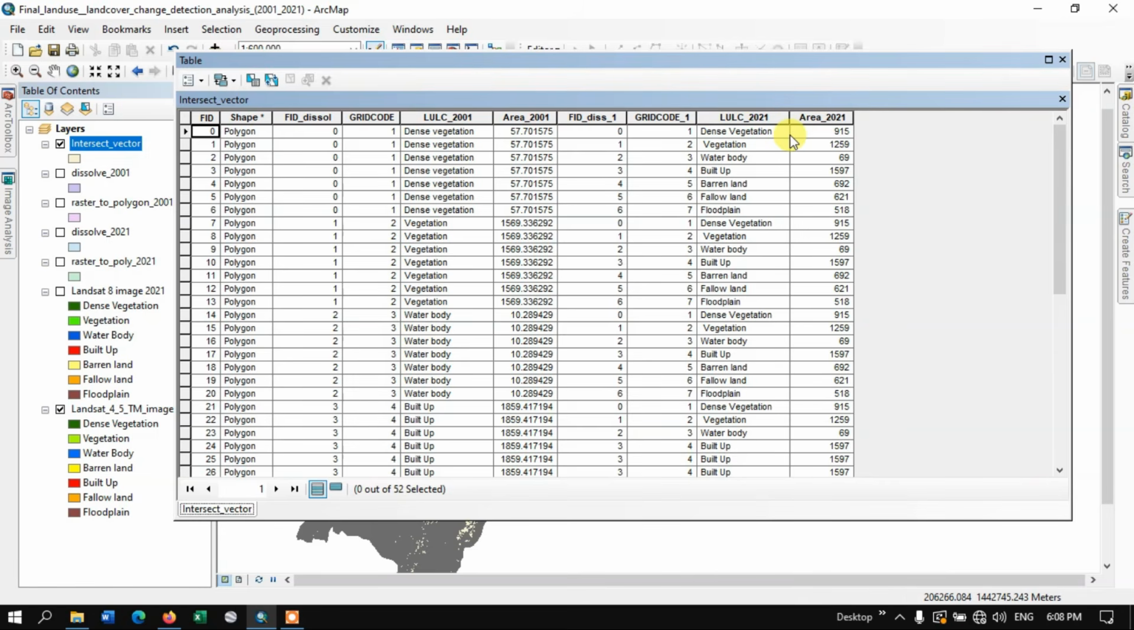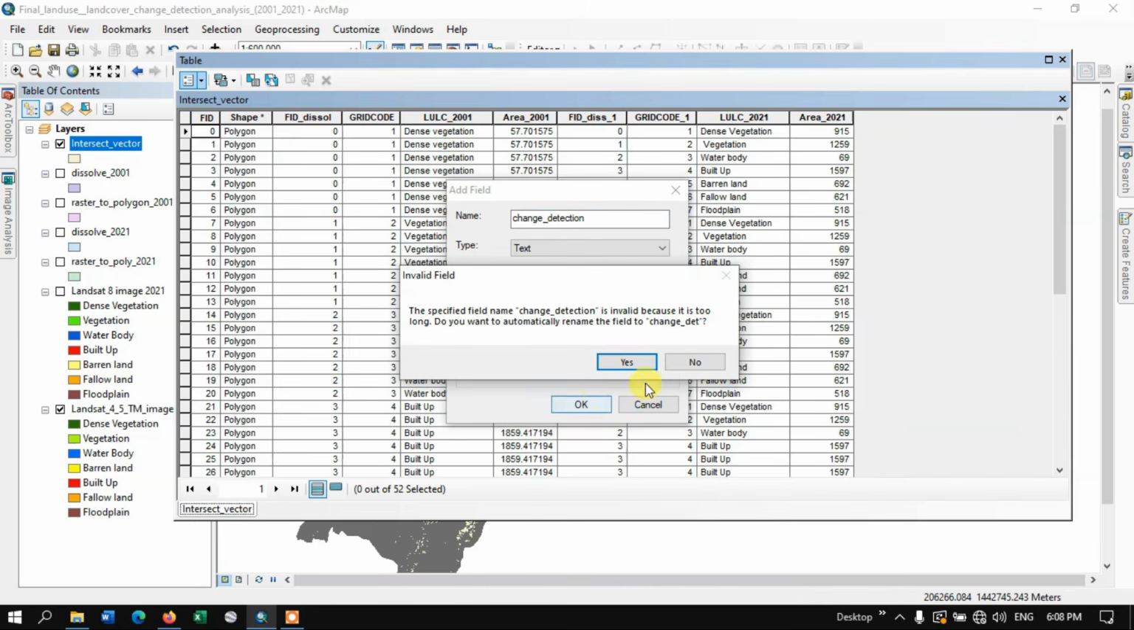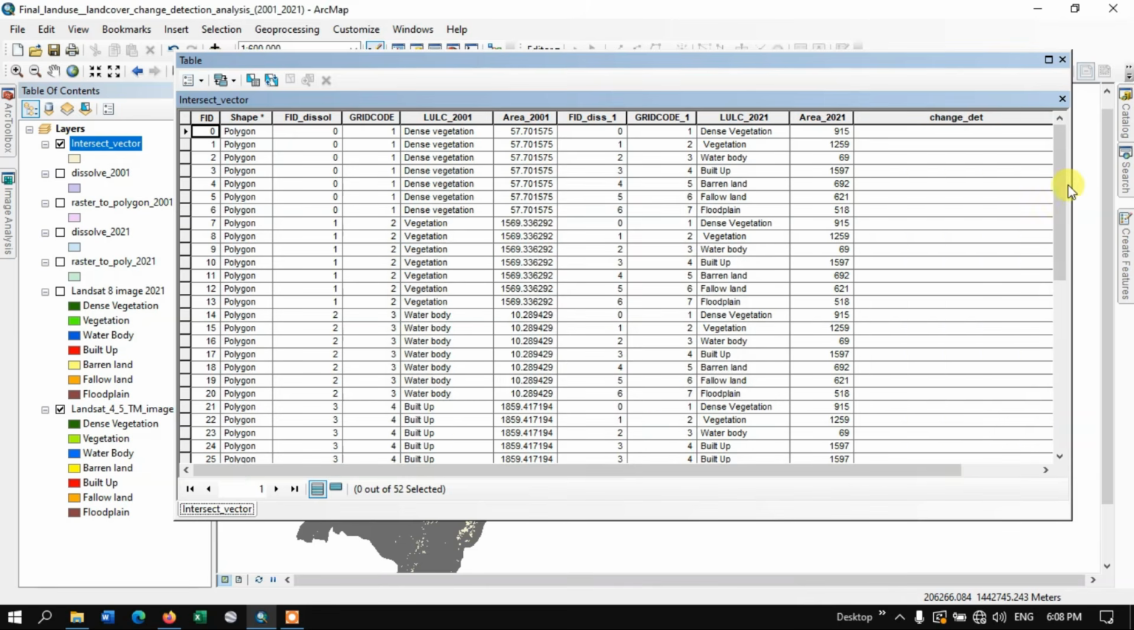Go to the table options and choose add field. Let me enter the name as change detection. Now I have entered the name as change detection. Let me enter the data type as text. Now click OK. So we have a change detection field, and let us add another field called